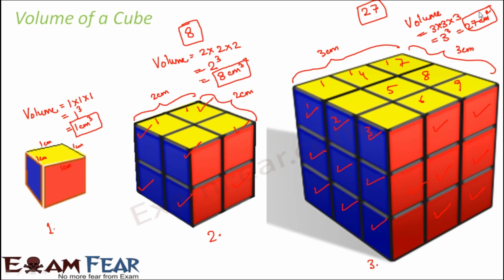Now what do we see? We see that there are only a fixed number of cubes. When you take 8 small cubes together, you get a bigger cube. Again, when you take 27 small cubes together, you get a bigger cube. Now let's say that instead of 27, if I give you 20 cubes. So can you think of any possible arrangement where by using 20 cubes, you will be able to get a